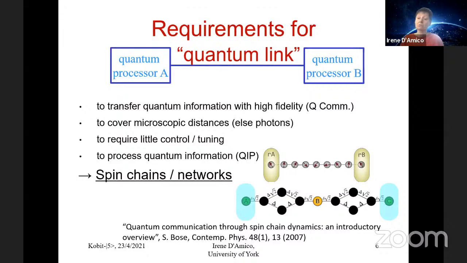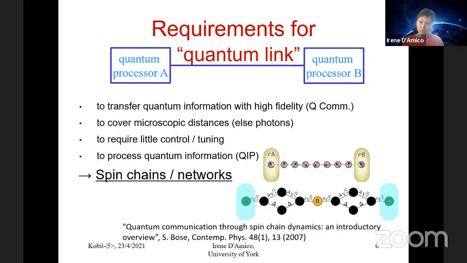We would like it to require little control and tuning. This is important because the less you interfere with your system during your computation, the less probability you have to disrupt your computation, to induce decoherence in your computation. And possibly we would like our quantum link to be able, as I said before, to do some quantum processing itself. And now, for various years, it has been shown that actually the use of spin chains or spin networks